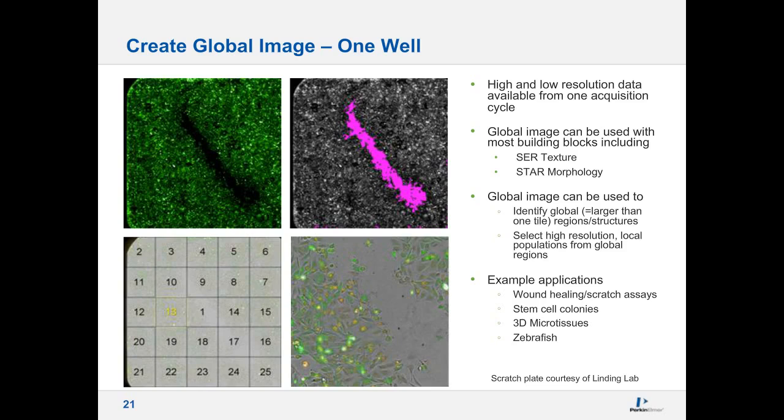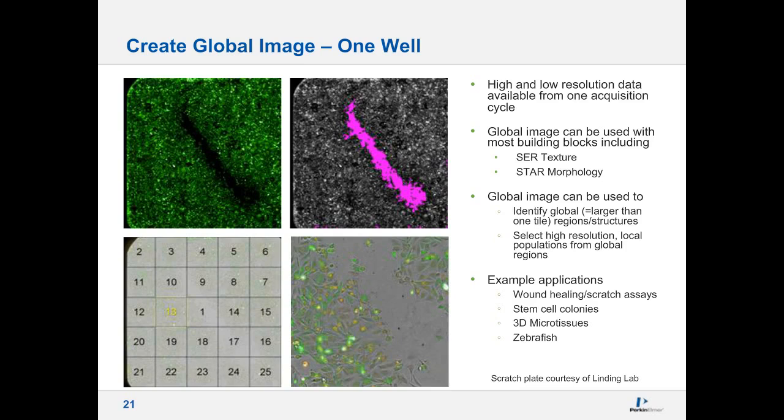Now, why would you want to do this? You could do the top left-hand corner image easily with a 5x magnification, but then you would not be able to analyze cells for subtle phenotypic changes, whereas in the 20x image, you would be able to pick up very subtle phenotypic changes, and you can then use Harmony to basically classify phenotypes in relation to their position to, for example, the wound boundary. This is a very useful tool for a wide variety of different applications.